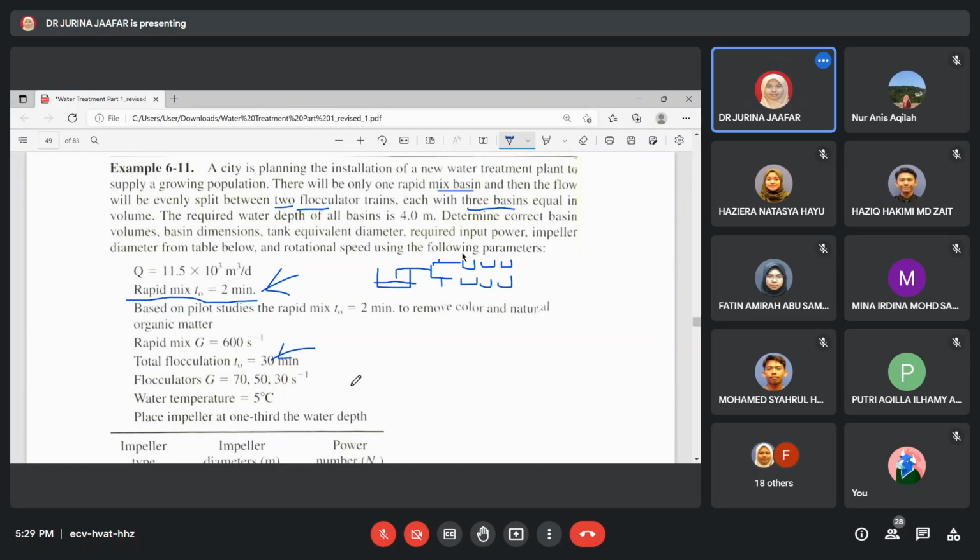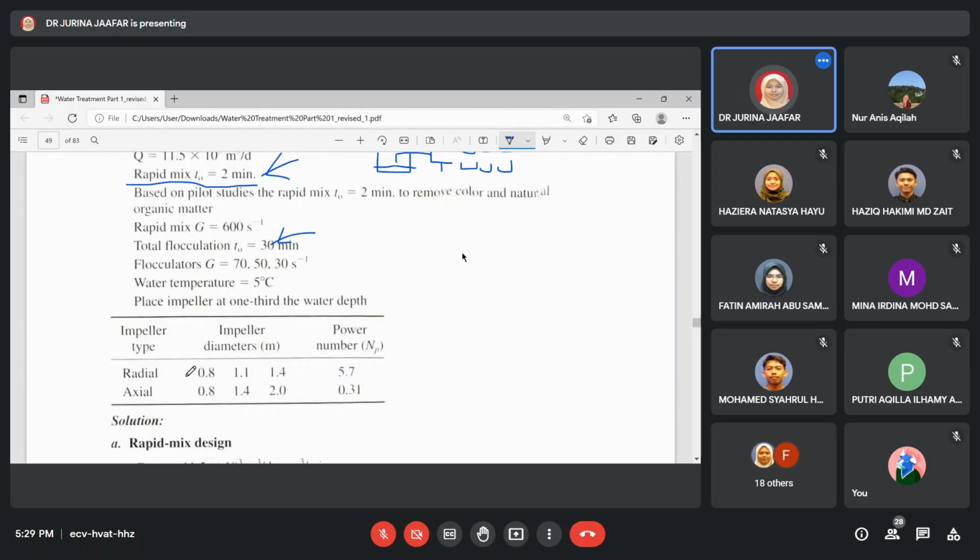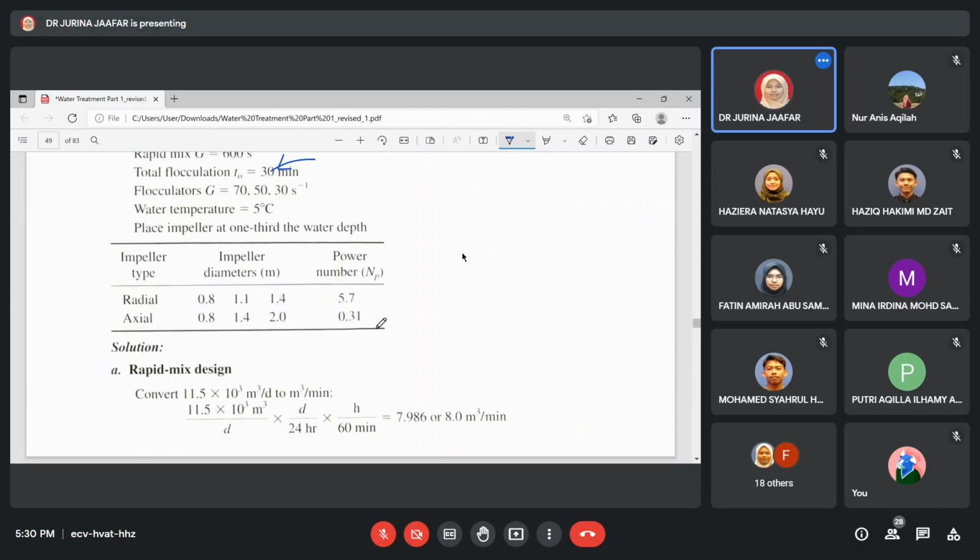Right? Then of course they will give you the diameter for the radial impeller type and also the axial impeller type. So they have a selection of diameters. Then we need to check those for all the diameters, which one is suitable. Later we look at the allowable range, and also given the power number, because we need to calculate given the power number. So you see the solution here, of course it clearly wants to find the rapid mix basin. So you start with the rapid mix design. Okay, you can look through